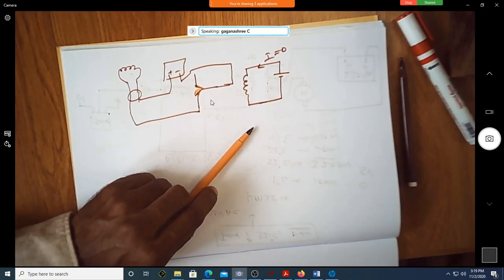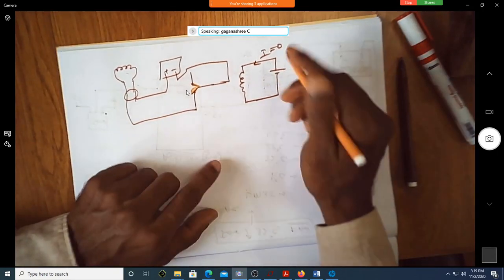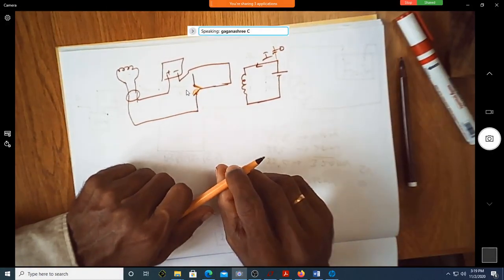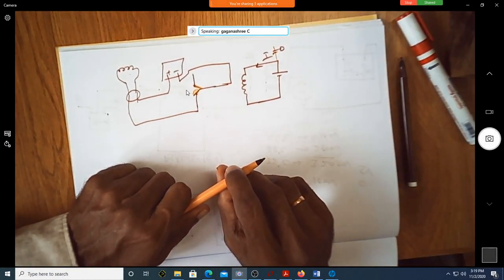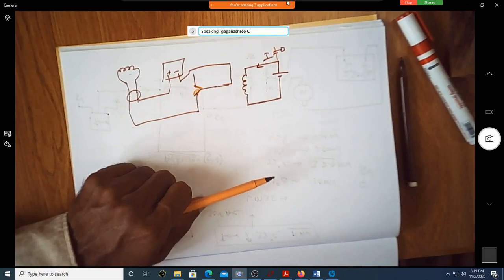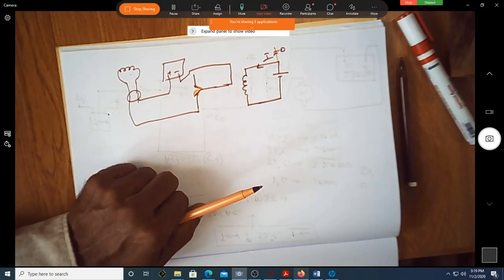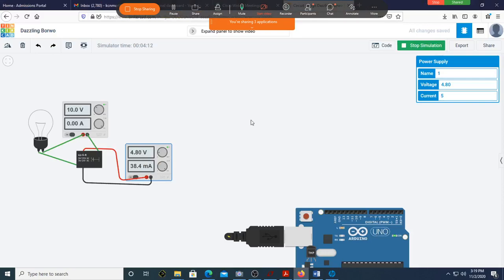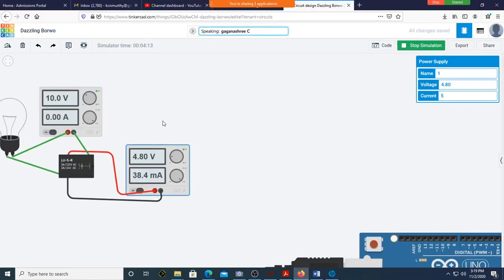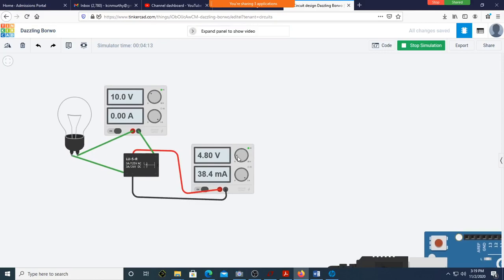When will this go above? When the current is non-zero. So that's the operation of the relay. Now, if I make it, can you see it glows?